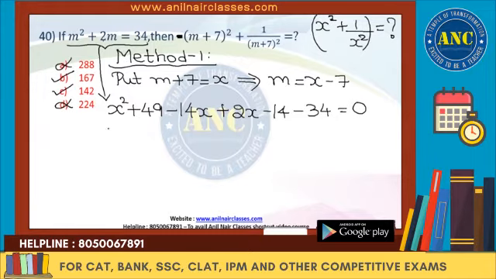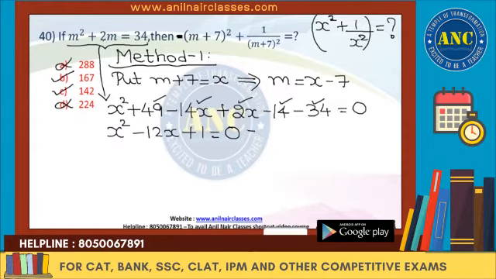Now further if I simplify, it becomes x square minus 14x plus 2x, that is minus 12x, and minus 14 minus 34 is minus 48, plus 49, it is equal to 1, right? It is nothing but 1, so it is plus 1. So my quadratic equation now is x square minus 12x plus 1 equal to 0,